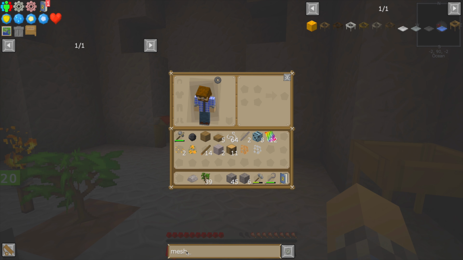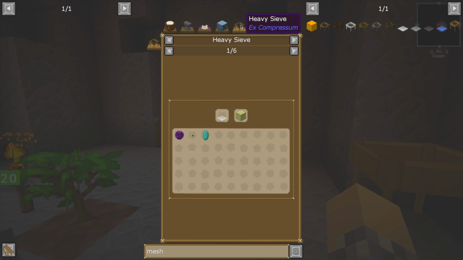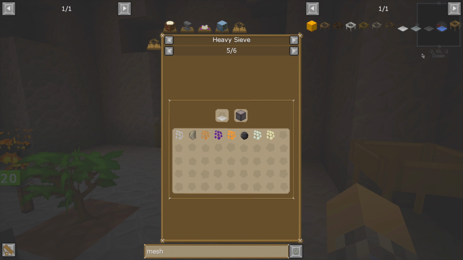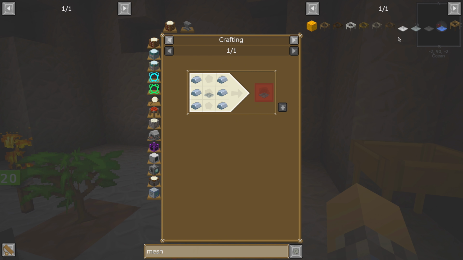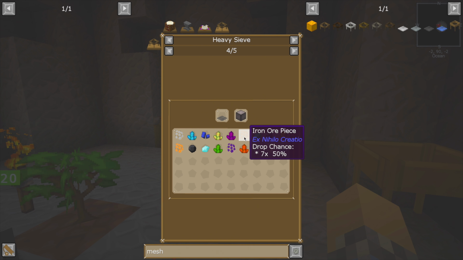So if we take a look at our meshes, you start off with string mesh. If you look at string mesh, if we look at uses inside of the heavy scythe, and we scroll through till we find, let's say, gravel, you'll see that we can get iron, a 30% drop chance. But if we get the flint stiffened mesh instead, and we do the same thing here, let's go find gravel, it's a 40% chance. And then with iron, it's going to be something different yet again. So we'll scroll through till we find the gravel, and as you can see, not only do we get a better chance, a 50% chance of getting iron, we also get other objects potentially, like whatever these crystals are from